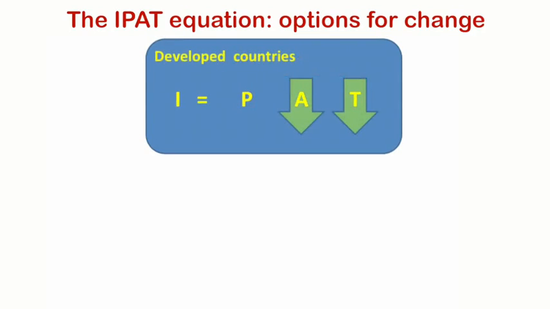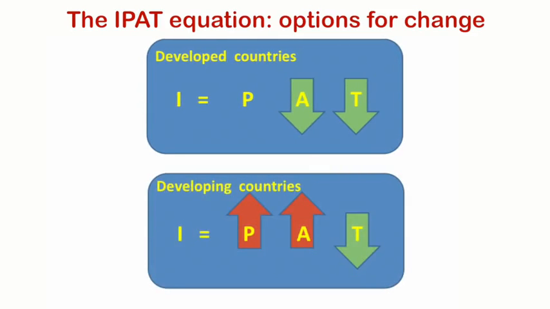So in the developed world, we could take measures to reduce consumption and also reduce the environmental cost by using more eco-friendly means of production and distribution of the materials and goods that are consumed. In the developing world, the impact of an increasing population and an increasing affluence could be balanced by avoiding environmentally damaging technologies and using eco-friendly technologies right from the start.